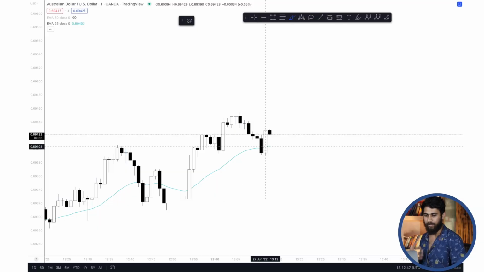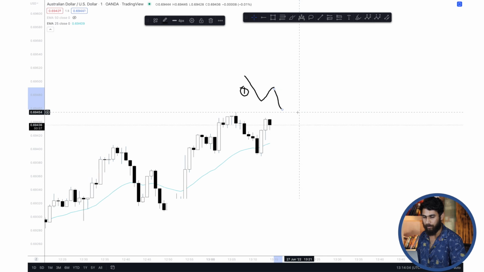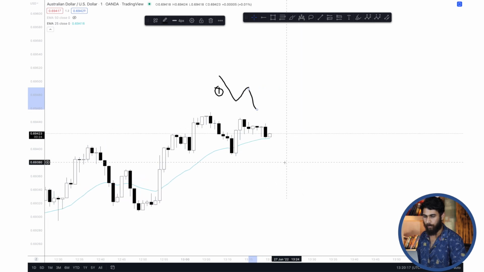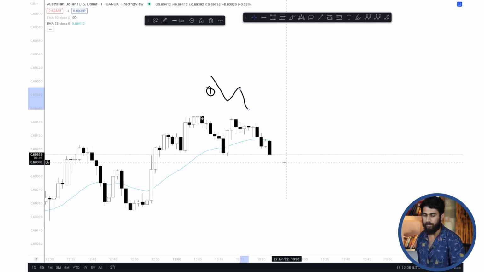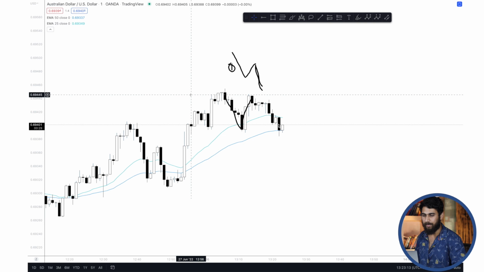Now again, this is a trade that I was able to catch. So let me forward it a little bit. You can see how from this point, first price moved down, then it moved up, right? A stair-like structure, and then it moved up, and then again a stair-like structure. So at this point, the price is at the moving average confluence zone. But what I'm doing is waiting for a nice pin bar, or an engulfing candle or anything that